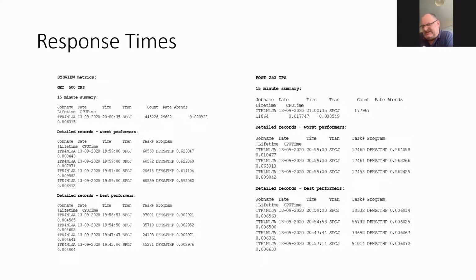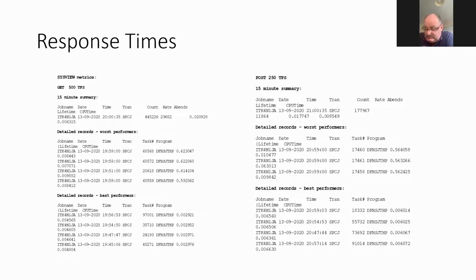We tested type 2 and type 4 JDBC drivers, and I think type 4 was slightly more successful. I can't tell you what these stats are, but you can see from the benchmarking and the response times that we were getting really good